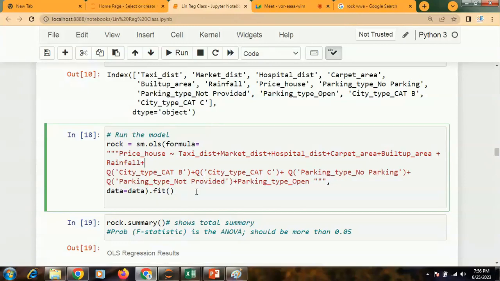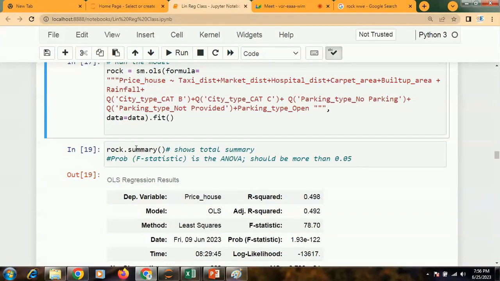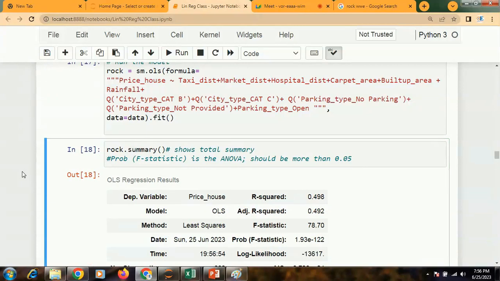Once it is done, dot fit, just execute the model. Once it is executed, I will check the summary. Within the summary, what are the things you need to check over here?